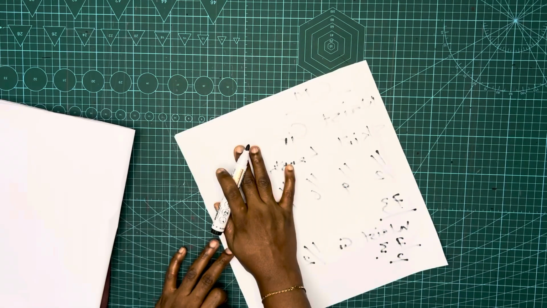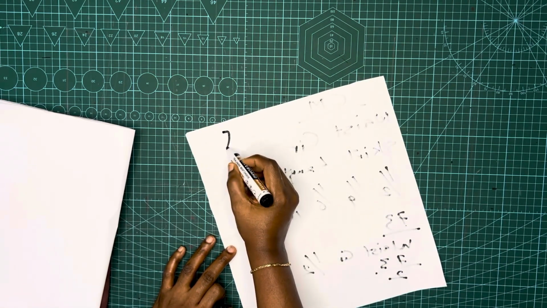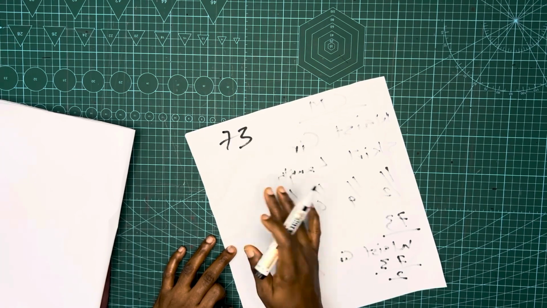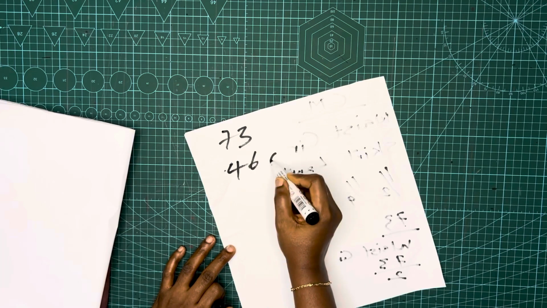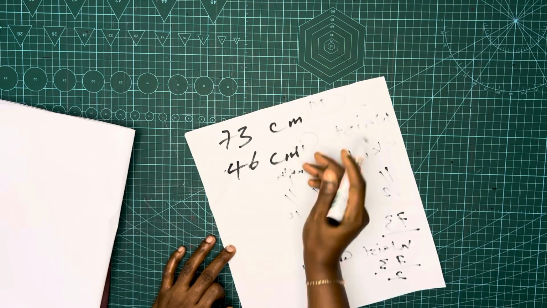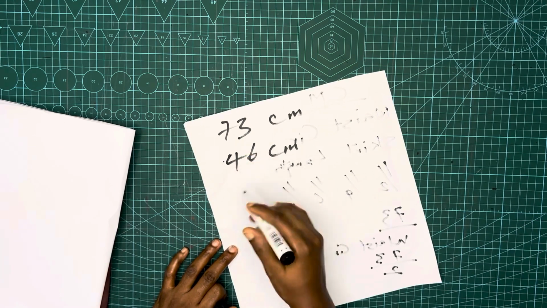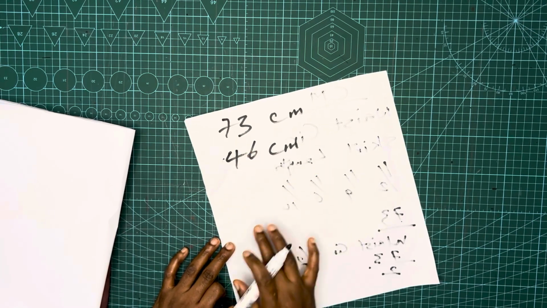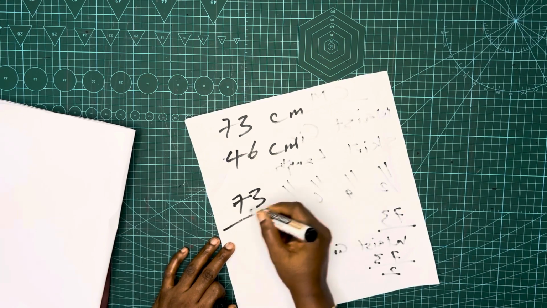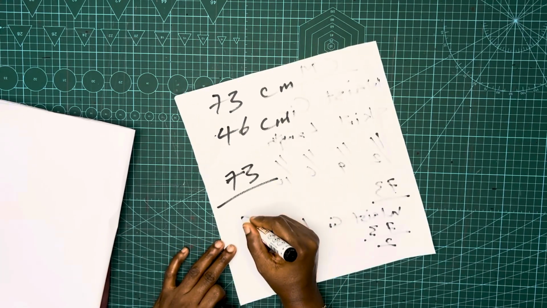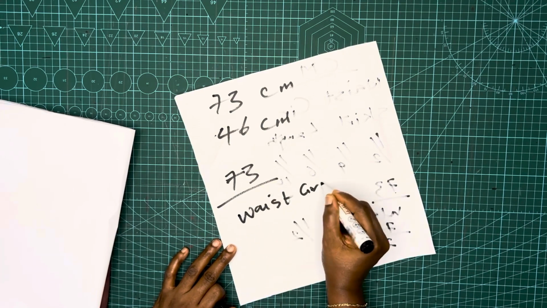So let's assume I'm using 73 as my waist measurement. I'm drafting for a size 10, so I'll use 73 as my waist measurement. I'll use 46 cm as the skirt length. It's up to you, you can do any length you want, but I'm using 46 as the skirt length for this tutorial. So I'll write waist circumference